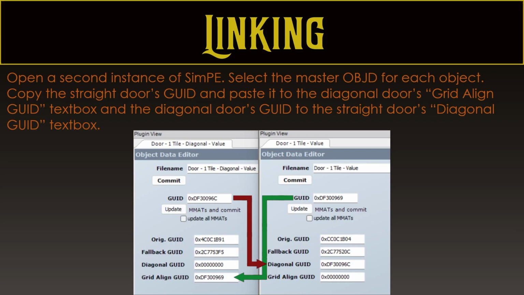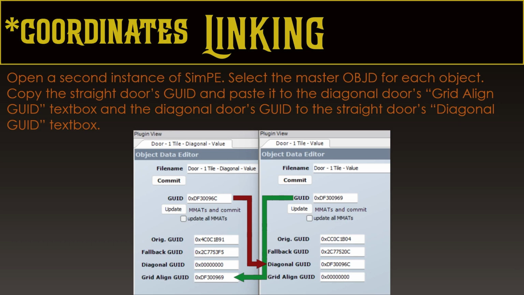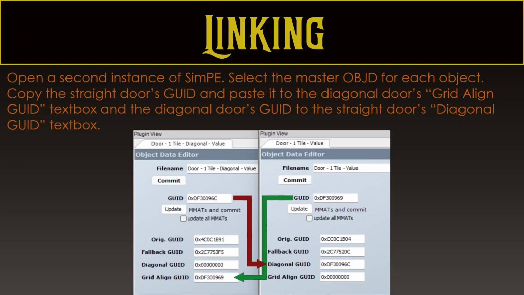As a final step, we open a separate instance of SimPE. We open the straight door in one, we open the diagonal door in the other. We go to the OBJD in the resource tree, and we want the master OBJD, that's the one without the components after it, in the resource list. We start with the straight door. We take our GID for the master, we copy that, we paste that into the grid align GID text box in the diagonal door's master